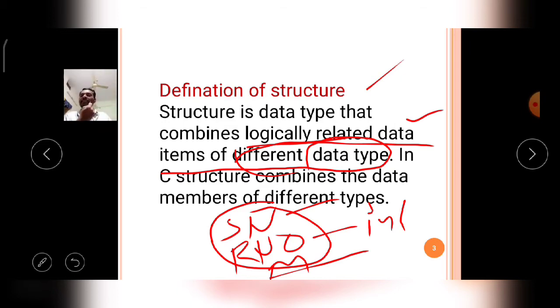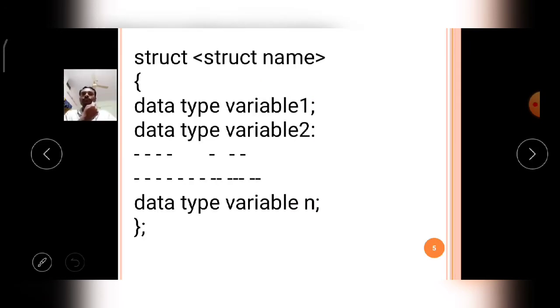Then we will learn the syntax and examples. The theory is clearly understood with the help of syntax and with the help of examples. Now comes the syntax of structure.